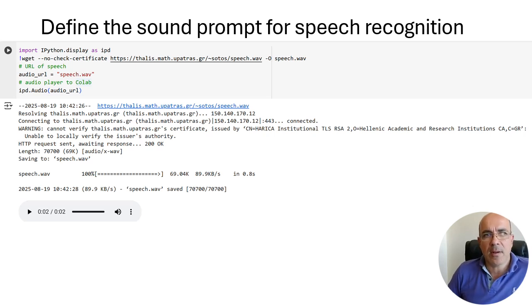The variable audio URL stores the path to this audio file, which is then passed to IPython.display.Audio to create an embedded audio player within a Colab notebook. This allows users to conveniently listen to the input speech before applying the automatic speech recognition pipeline.